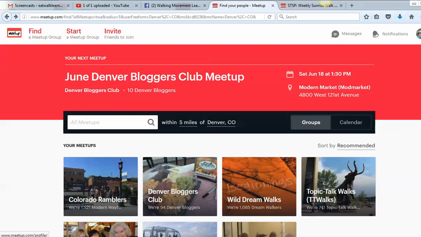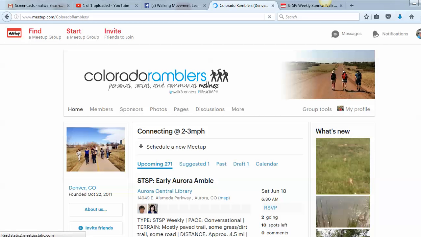So when I come to Meetup, I actually have a view that looks like this. So yours may or may not look like this. But if it does look like this, go ahead and click on your Colorado Ramblers Meetup. If you log in and it looks like this, then you're only a member of one meetup, and that's fine. Regardless, you need to get to your Colorado Ramblers group, and this is where you'll create your first event or